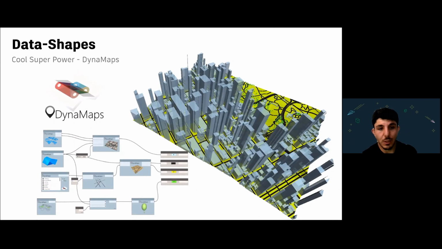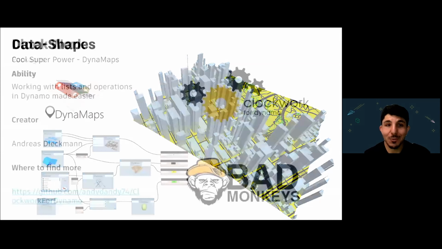You can actually use online databases to extract data of real-world cities and urban environments, and then organize it in Dynamo in layers, and then extract that and put that into Revit as a real topography. It's an amazing asset. It's one of my favorite things about this package, and it just looks cool. I just have fun playing around with it. It's so cool. That's an awesome feature from Datashapes.